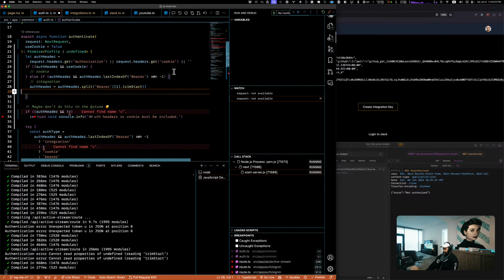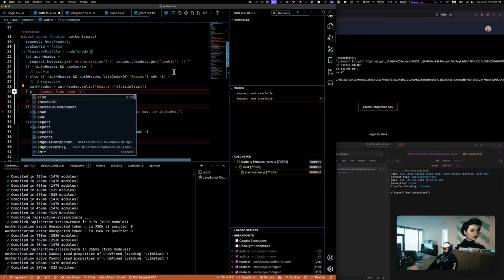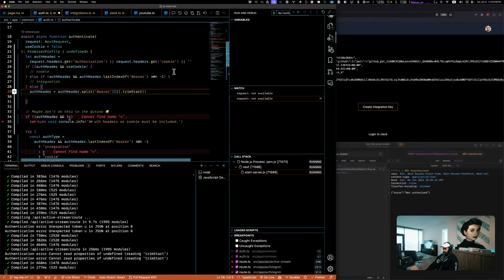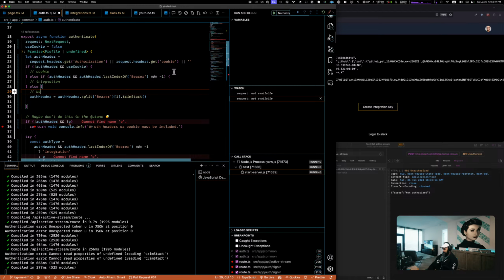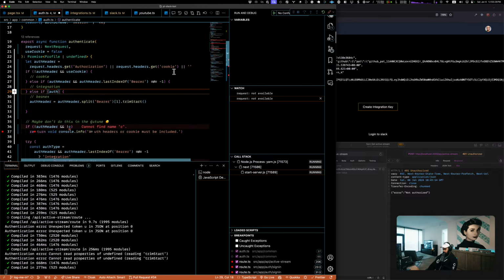And then there is another case, and I actually have another bug still. This actually goes here. All right, so this right here means that we're in bear. So we'll just treat it as a bear auth. So we'll say else if auth header, and we'll say I'm gonna just invert this, and it may seem weird why I'm doing this, but I want the else to just return.